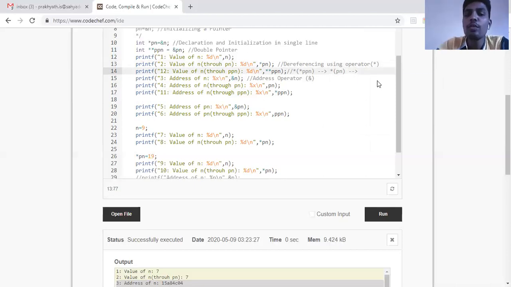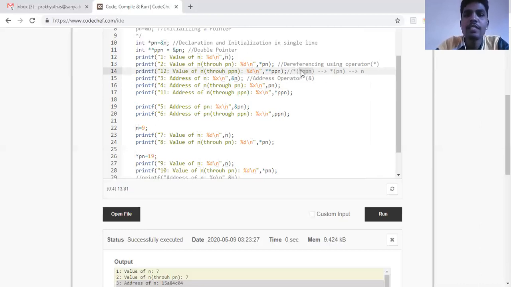So this is called two levels of dereferencing. In the first level, I'm getting star pn. And in the second level, I'm getting n. So this is indirectly accessing the value of n through double dereferencing. So you can see here, star ppn, I'll explain once again. I'll split it into first star, I'll keep it outside. Second star, I'll keep it in a bracket.